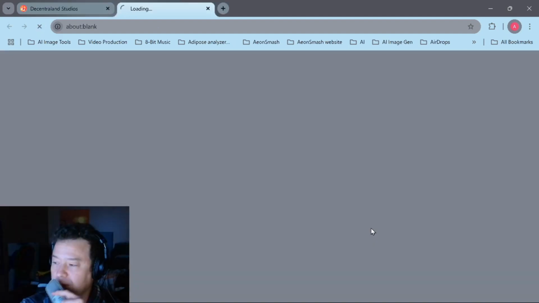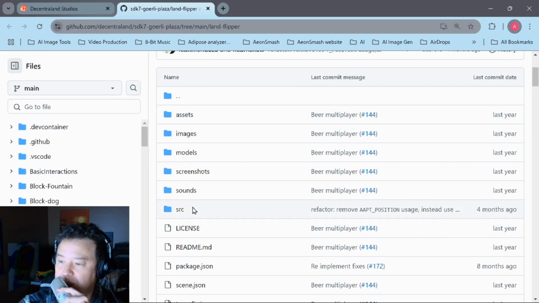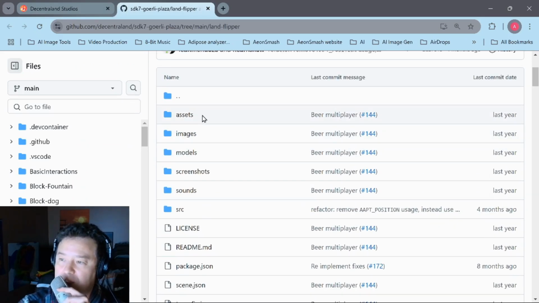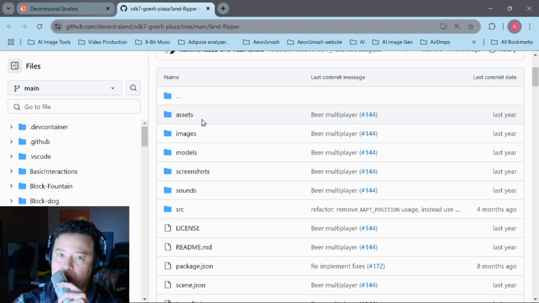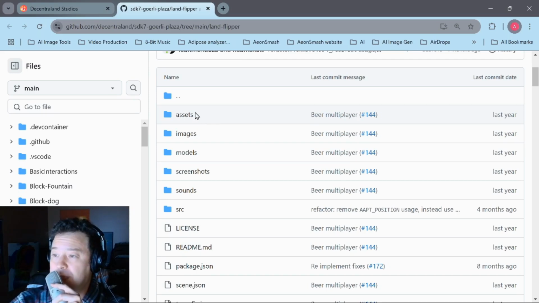So what I'm going to do is click on View Code, and you'll see all of these folders and little files. Don't worry about any of this stuff. We're going to jump into VS Code real quick, and I'll show you how to download that and install Decentraland. It's super easy. Don't worry about it. I mean you don't have to do anything but hit a few buttons. And VS Code actually produces all of these